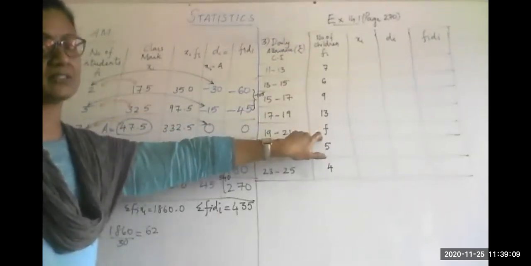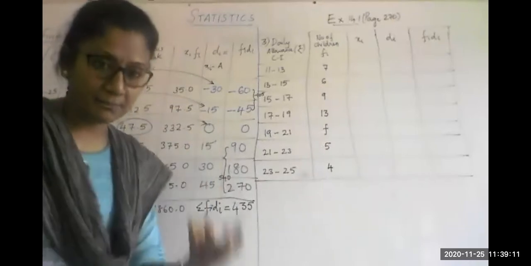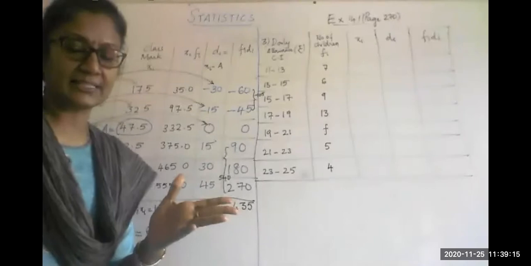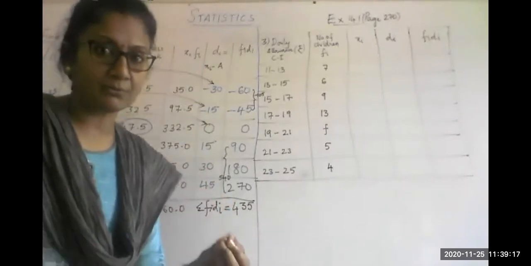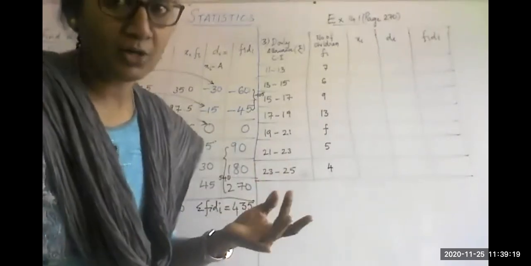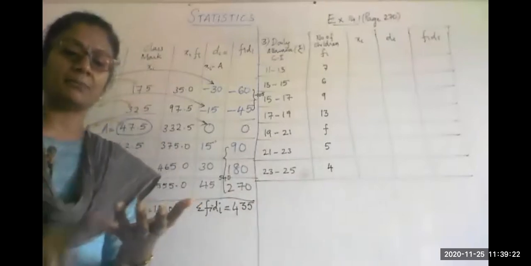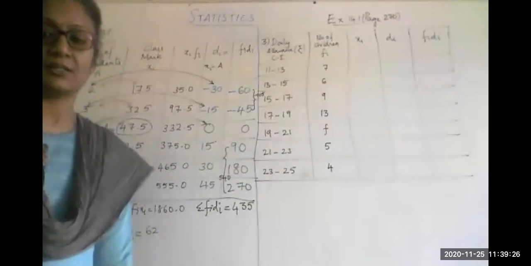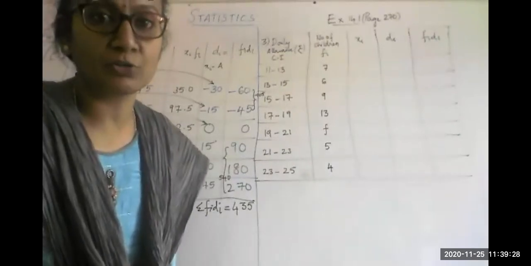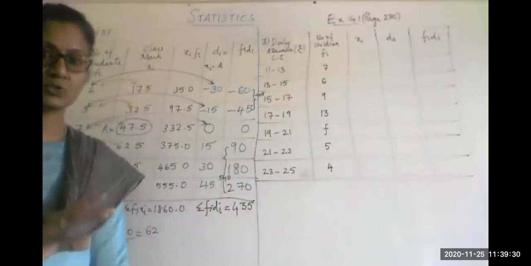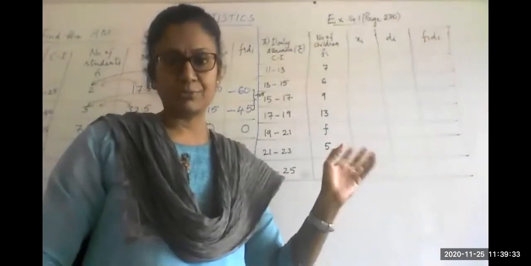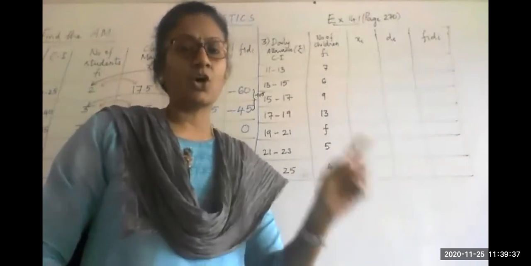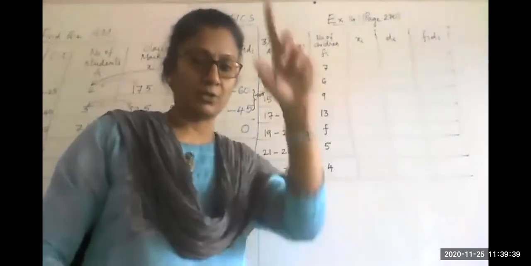This missing frequency problem will happen across the mean, median, and the mode. So in all the three central tendencies, you may get a direct problem to find the mean, median, or mode, or you may be given the mean, the median, or the mode and be asked to find the missing frequency. So today we will see the second variety also quickly because I am expecting this also may come for 3 marks, because missing frequency mostly is either given as an internal choice or in one of the papers it is there in one of the sets.